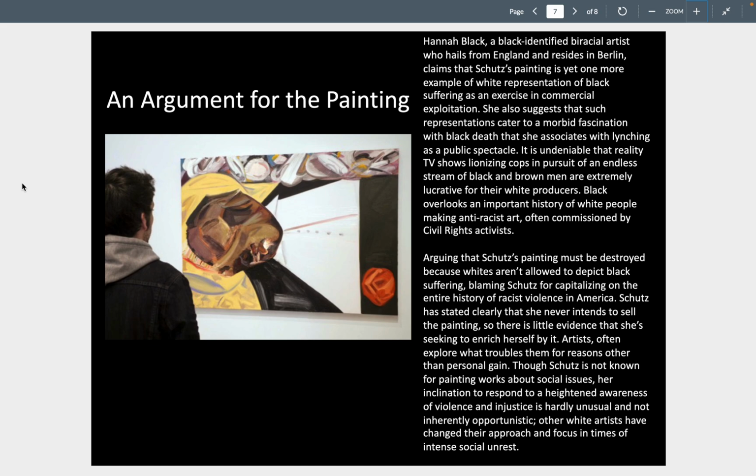So Dana has taken this painting with the idea that she says, "I'm a mother and I feel the pain of a mother losing her son." What Hannah Black, a black identified biracial artist, thought is that this is another example of white people profiting from black death and black struggles. TV shows like Cops made millions, if not billions of dollars in advertising, chasing black and brown people around